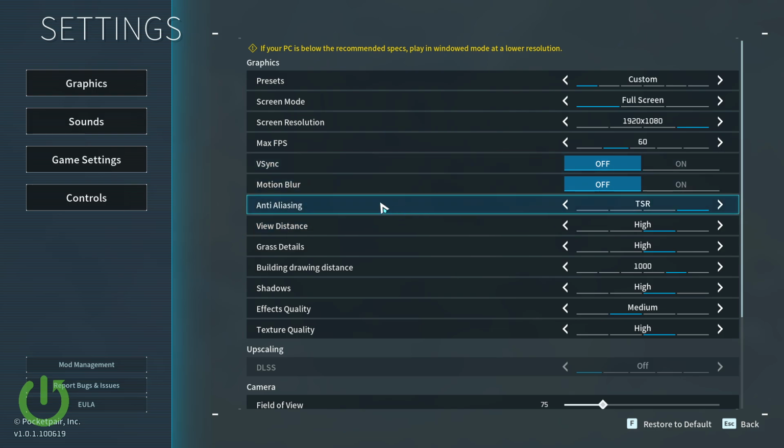for anti-aliasing. Once you are happy with the changes, press the back button, then select yes to apply the changes,